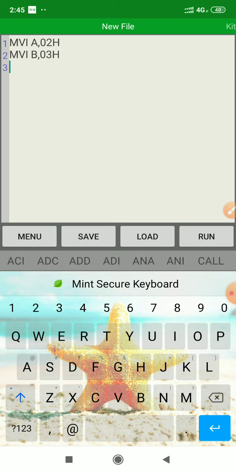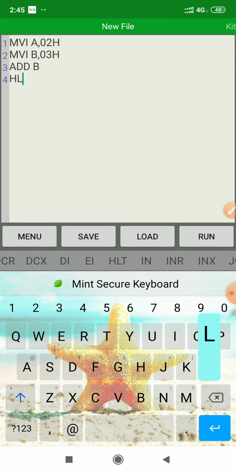So in register A, 02H has been stored, and in register B, 03H has been stored, and now we want to add these two numbers. So we will write the command ADD B. What is ADD B? ADD B will add the numbers stored in register A and register B, and the result will automatically be stored in register A, which is the accumulator.